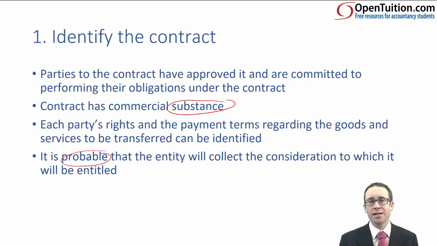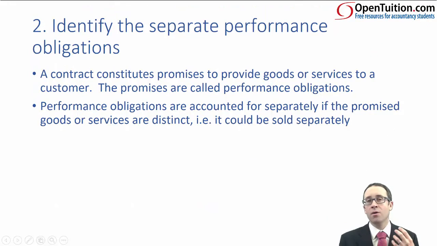It could be some other consideration, maybe some goods in terms of a switch, as a barter transaction, exchanging one set of goods for another set of goods, but let's not worry about that for the time being. So in terms of the contract, remember, it needs to be written or implied, and then the second step is going through and looking at the P is,